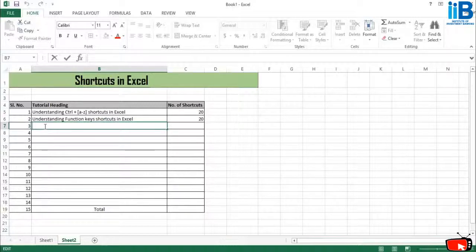And this is going to be a long tutorial, but I assure you all that you're going to learn a lot, and all the shortcuts that we are going to discuss today will be helping you in most of the formatting tasks that you're going to do in Excel. So let's start. So first I will start with writing down the name of the topic that we are going